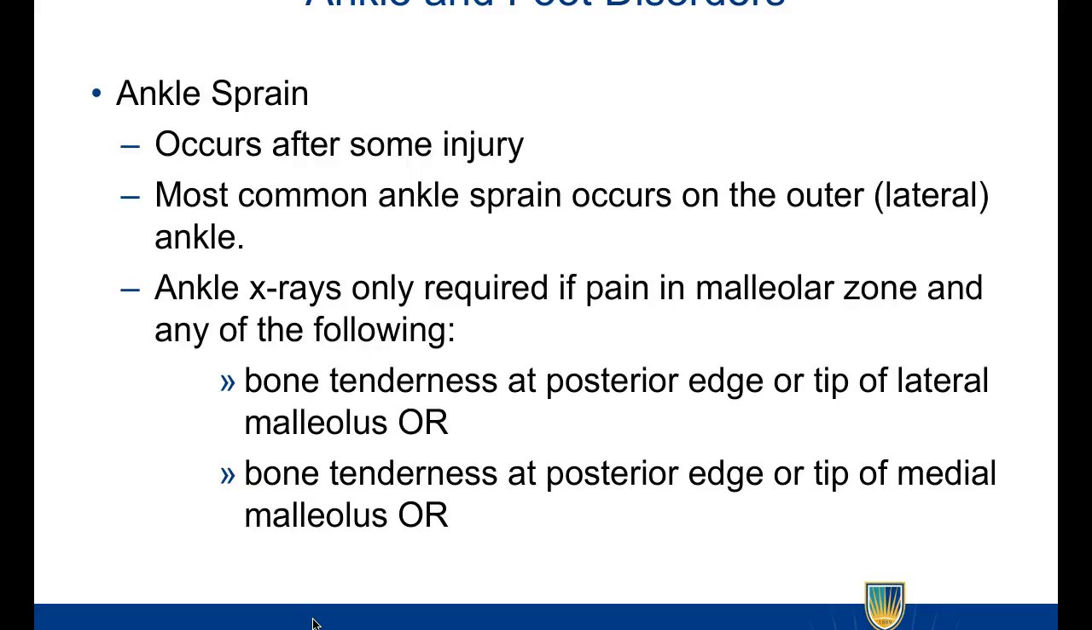Ankle sprain. This occurs after some injury and is a tearing of the ligament of the ankle when the ligament is stretched beyond its limitation. The most common ankle sprain occurs on the outer lateral aspect of the ankle. Injuries where the ankle is rolled inward, inversion, will produce a lateral ankle injury, whereas outward or eversion injury produce